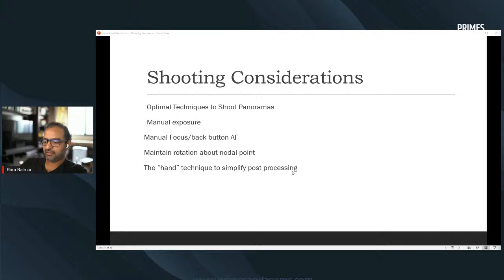Now, the main thing is, when you shoot a panorama, what are you trying to do? At the minimum, you need a fair amount of overlap between each frame of your panorama. So when you shoot a frame, you need the next frame to overlap the first frame so the software can make that stitch. If the stitch is very little,